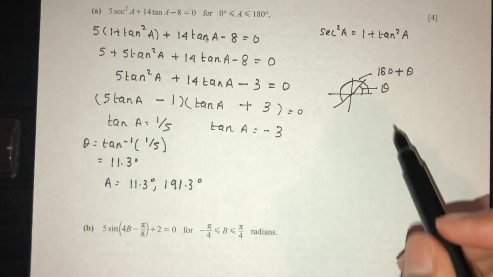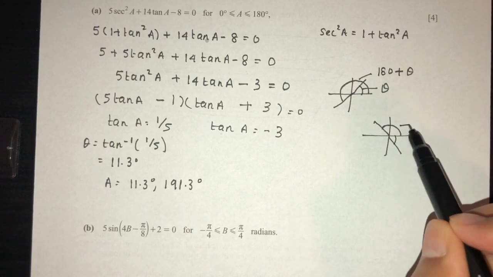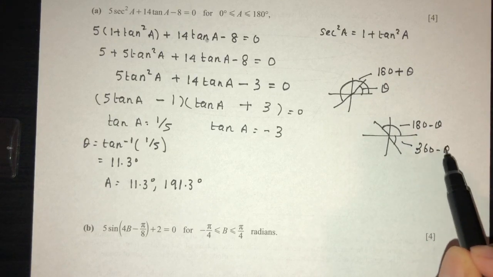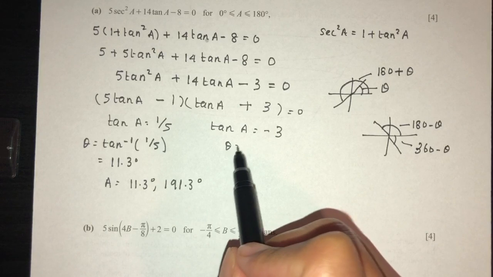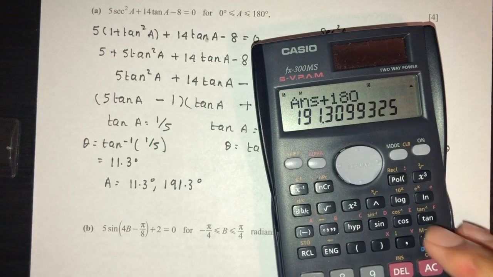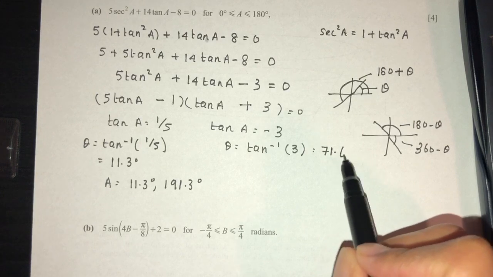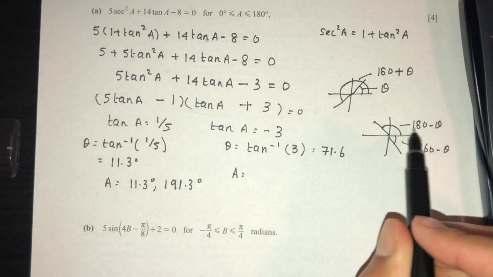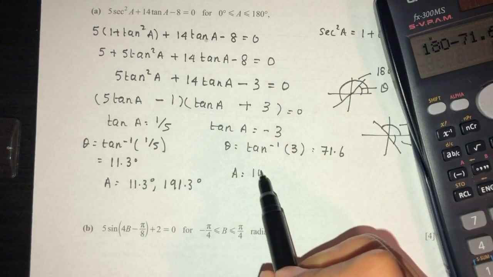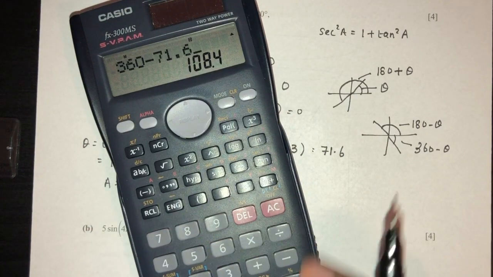Now for this one, when tan is negative, it will be in your second quadrant and in your fourth quadrant. This is 180 minus theta, and this is 360 minus theta. So first let's find the value of theta. Theta is tan inverse of the positive value of 3. So tan inverse of 3 should be 71.6. Now the value of a is equal to what? First one is 180 minus this, 180 minus 71.6. That should be 108.4,